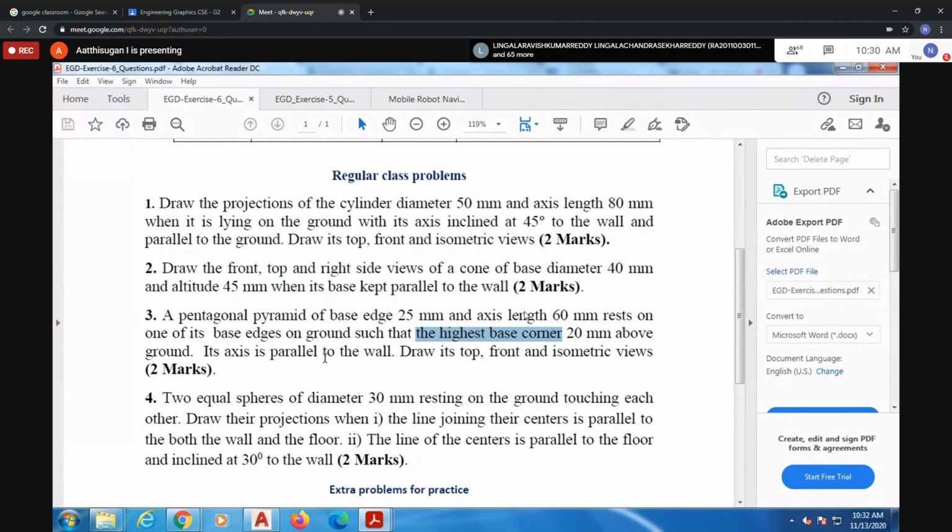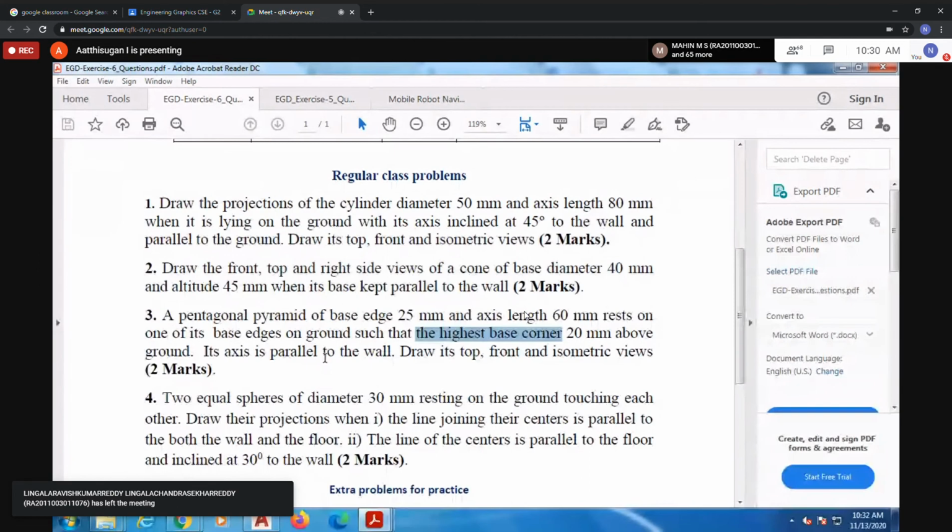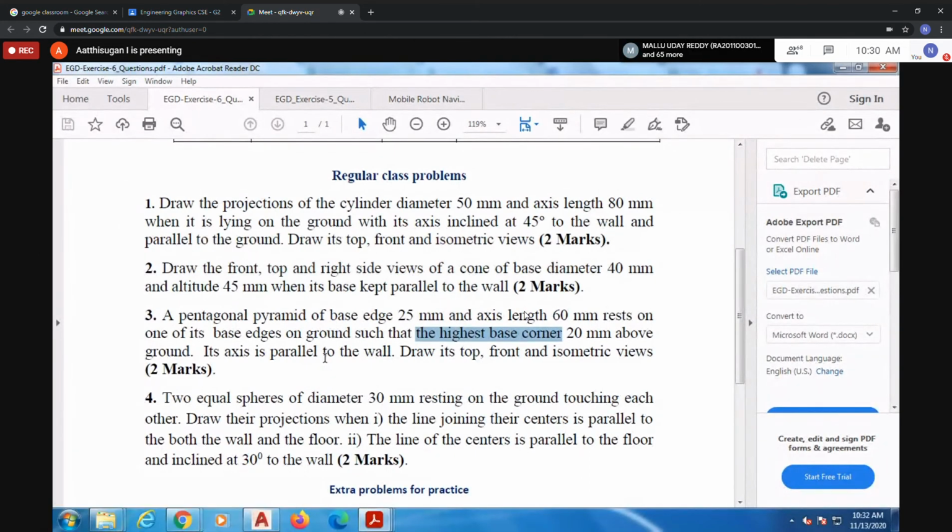In the second question, how will we name the right side view? Here they didn't ask for the right side view. You can give single dash or double dash. You don't need to worry about the cone now, and you don't need to worry about all those corners.